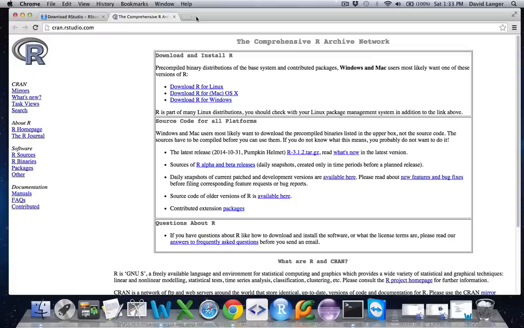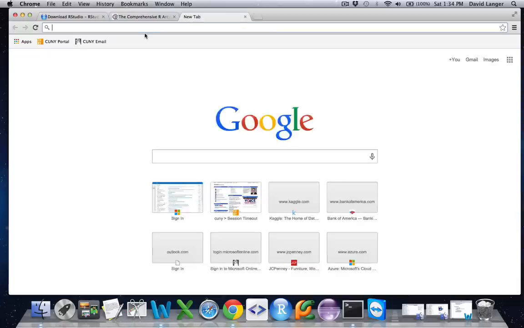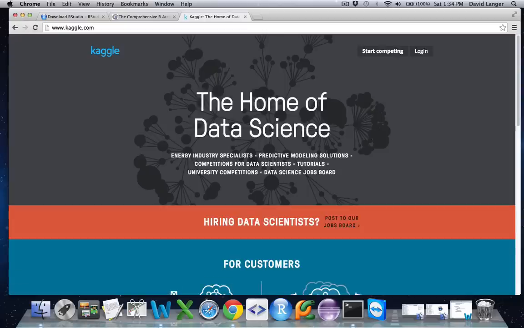Okay, I'm going to make the assumption that you've got R and RStudio set up and working. So the next thing that we're going to do is head over to the Kaggle website. The reason we're going to do this is because I love Kaggle myself. It's one of the things that I've been using to help propel my skills in the data science arena. And it also provides a very good opportunity for some interesting data sets that allow us to explore some very cool things in this series of videos.